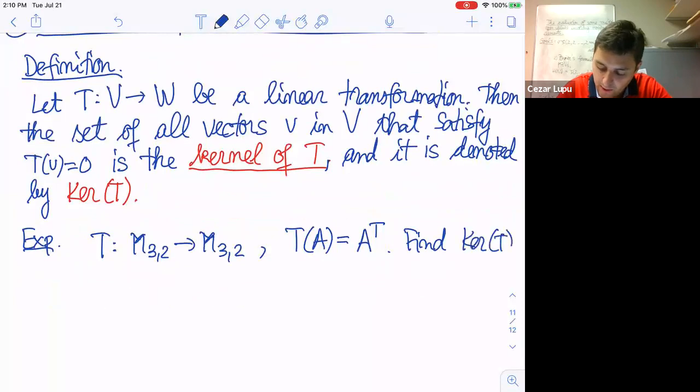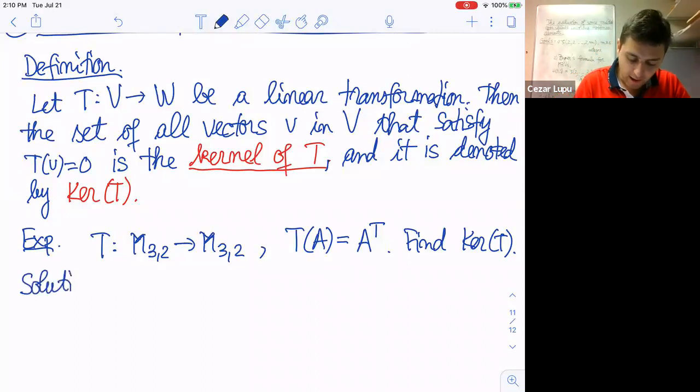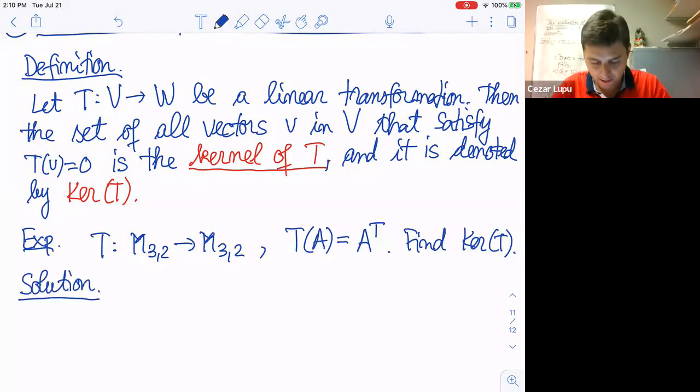So how do we find the kernel? That is the question. This is a very simple example. Well, let's see, what is the kernel? If we look at the definition here,